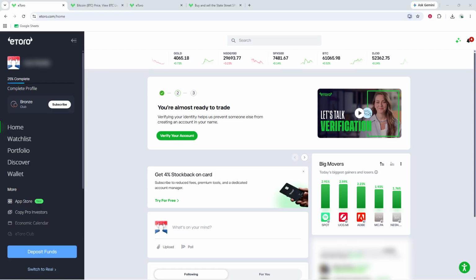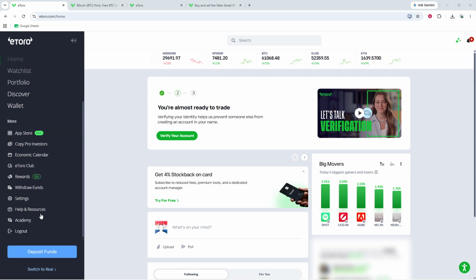In today's video, I'm going to teach you how to unlock CFD on eToro. To get started, the first thing you need to do is log into your eToro account. Make sure you're accessing the correct account and that everything loads properly before moving on. If you haven't used the platform in a while, take a moment to confirm that you can fully access your